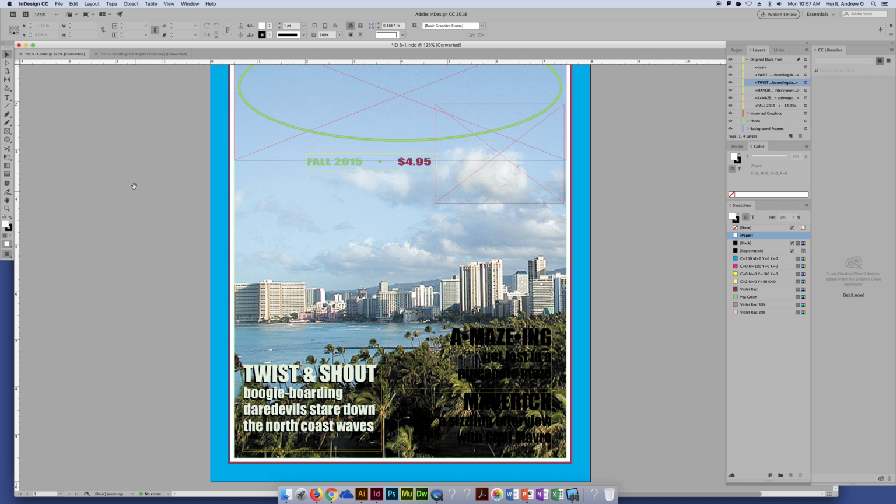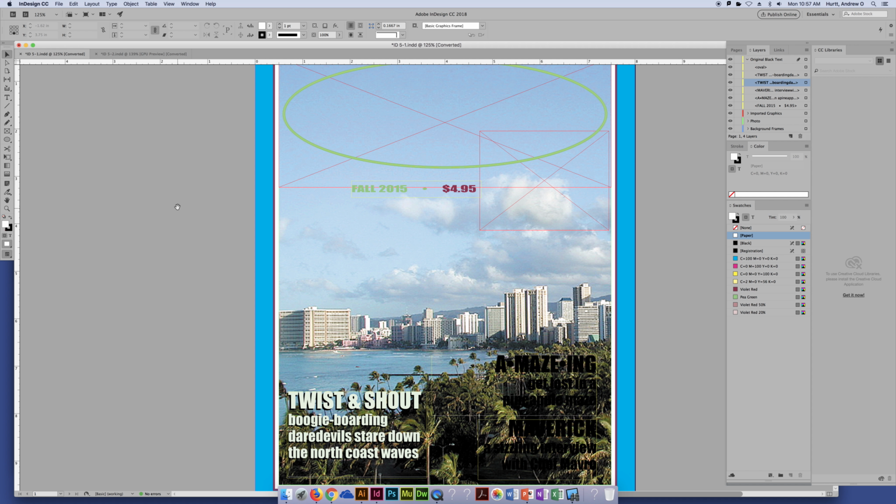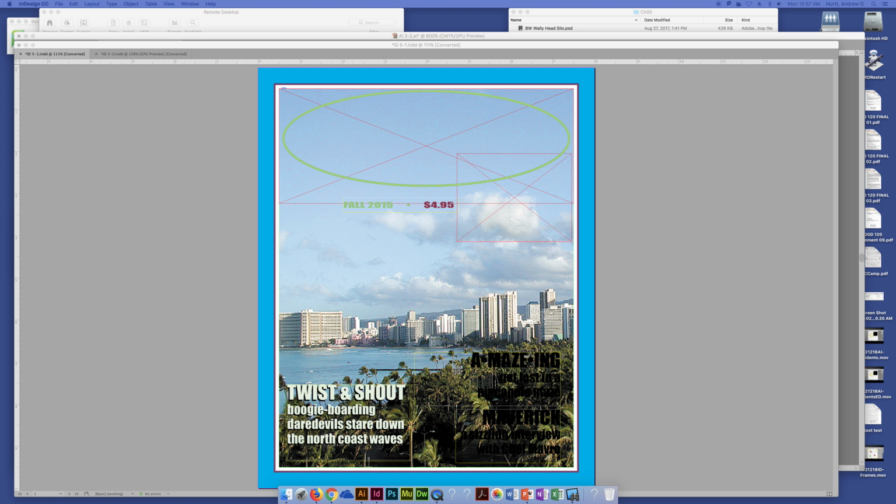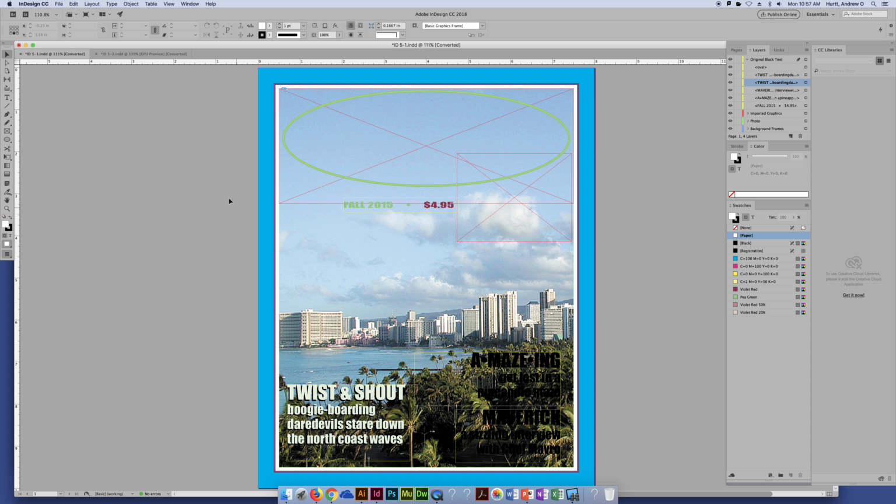And then, I shouldn't say lastly, but one of the other things we'll talk about is working with spot colors. So working with spot colors, specifically one of the more common uses of spot colors are your PMS colors, Pantone matching colors. So to create a new spot color, there's a couple different ways you can do it. If you have, which our assignment brings us through, if you have